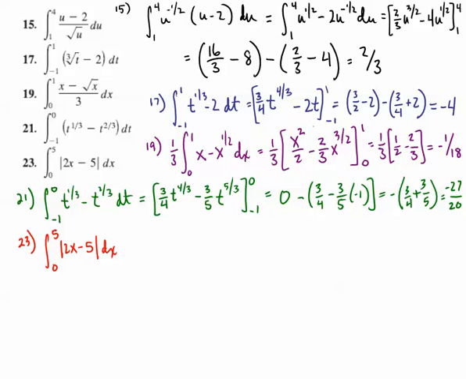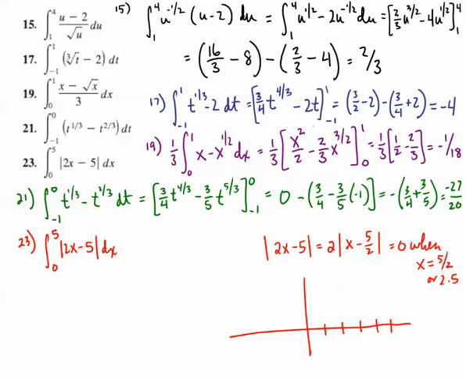And I would do this graphing by hand. First I'm going to bring out a 2 from the absolute value. And when I factor out that 2, you can see that that equals 0 when x is 5/2, or 2.5. So I put that 0 there, and I plug in x equals 0 to get 5, and I plug in x equals 5 to get 5. And I get two triangles, and you can calculate